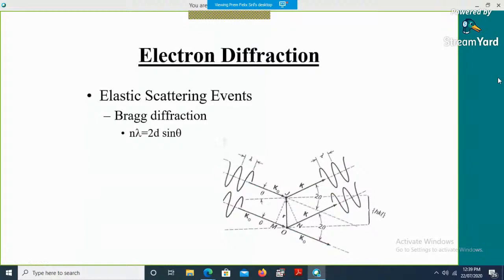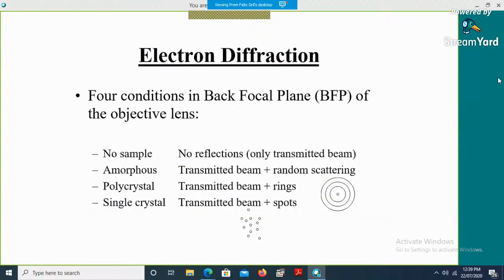So this is the basic equation that is used in X-ray diffraction. The same law applies in electron diffraction as well. As I mentioned in the beginning, depending upon the type of the pattern, we can identify the crystal structure. So, if the pattern that is formed is a random pattern, then you have an amorphous